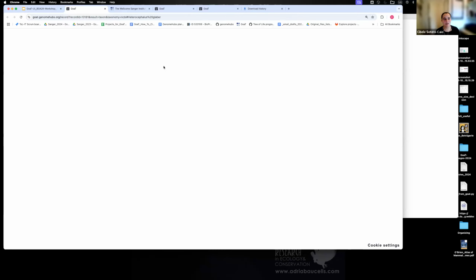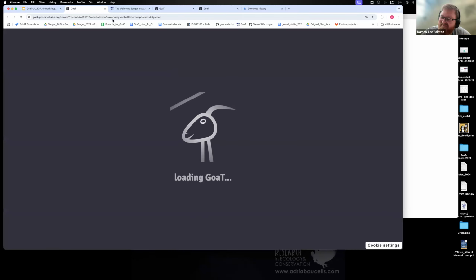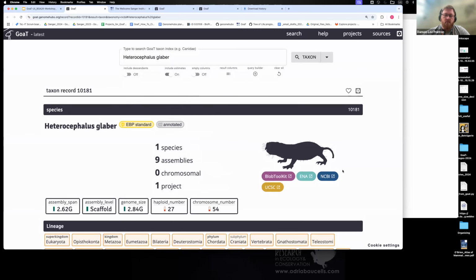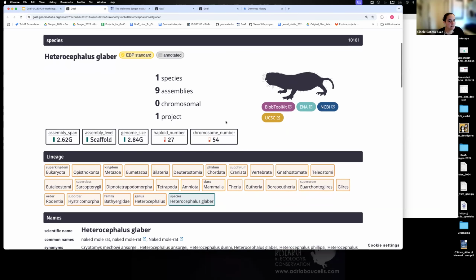Everybody's using GoaT now. One thing I forgot to mention is a bit of a glitch, but it's fixed. In the develop version, in the backstage, we're going to make it live later. The UCSC genome browser link works for the taxa that do have a value there.